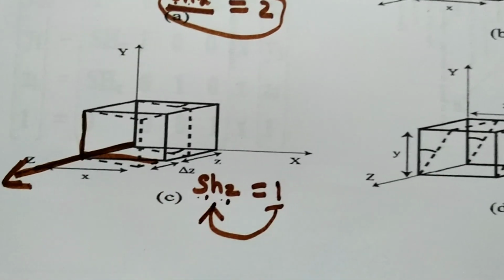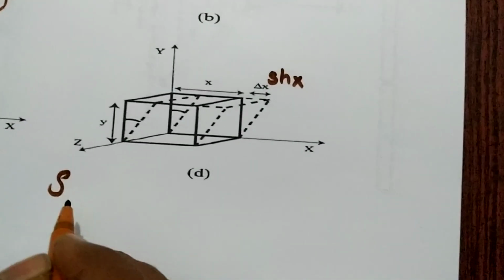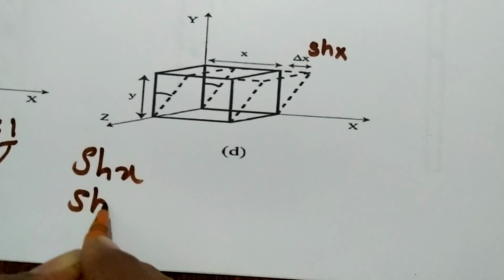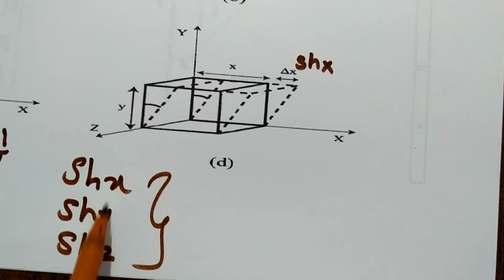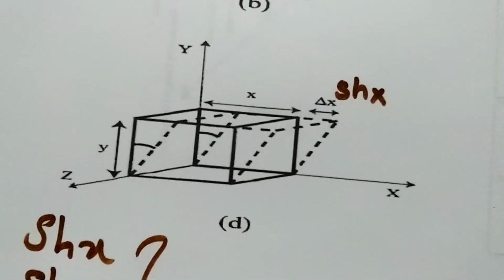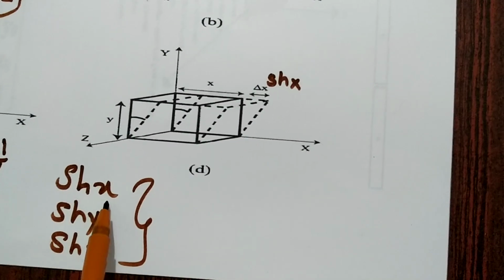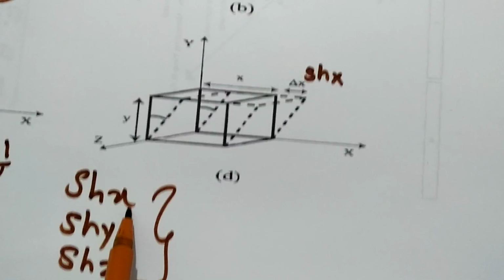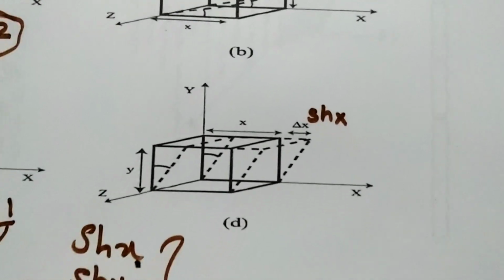So in this example we conclude that when we want to shear an object, we need to use 3 parameters. They are SHX, SHY and SHZ. These 3 are called shearing parameters. We use these parameters in the shearing technique while changing the size of an object. SHX is the variable we use along the x direction if we want to change the size of an object along the x-axis. The next variable is called SHY.